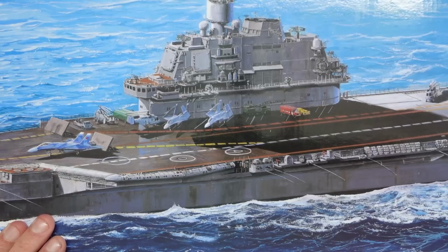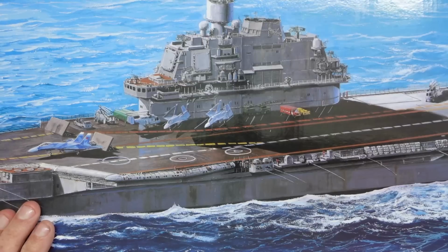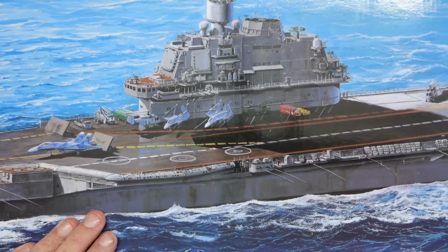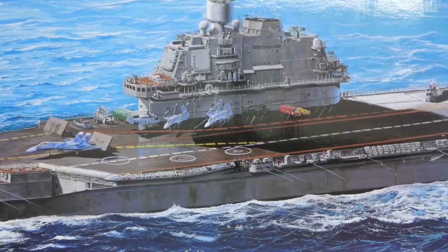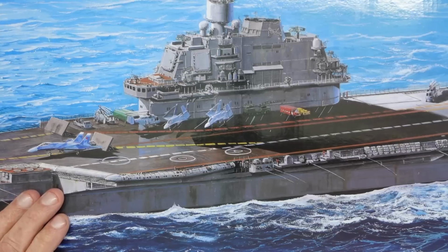She was originally named Riga, and then she was changed to Leonid Brezhnev, then Tbilisi, and then in 1990 she was named Admiral Kuznetsov. It's actually about a 17-barrel name, but Admiral Kuznetsov for short. So yeah, there were 2 ships made of the class, and the second ship was sold to China, and China spent a few years rebuilding it, and she was called the Variag, or Variag, I'm not sure how you pronounce it, and she's now called Liaoning